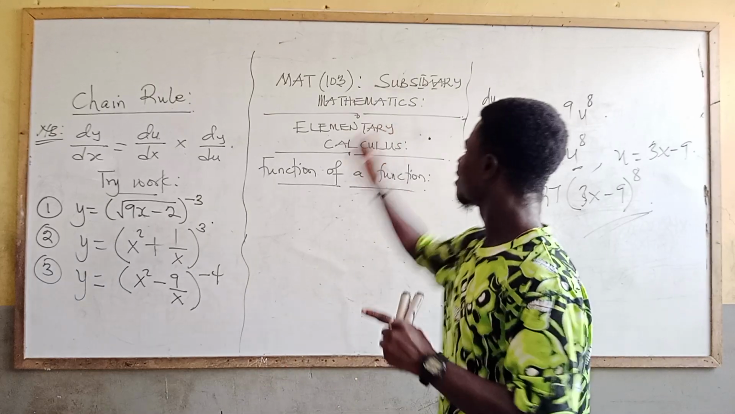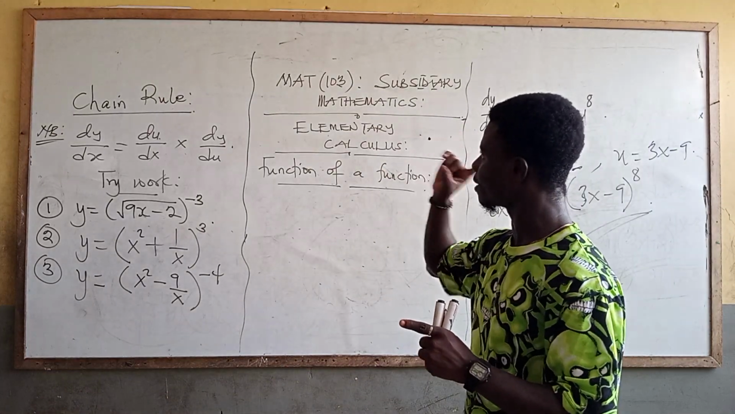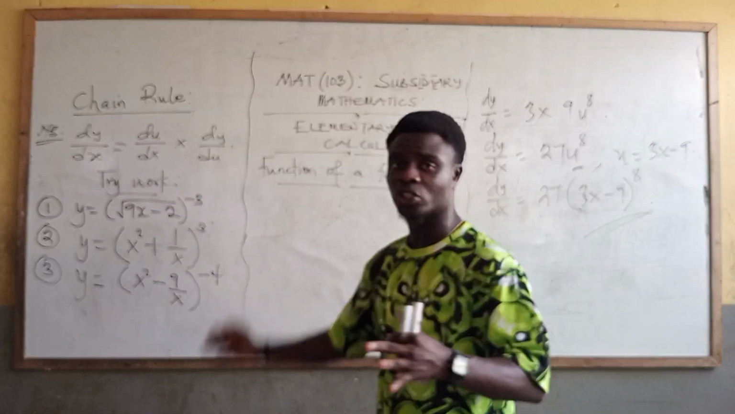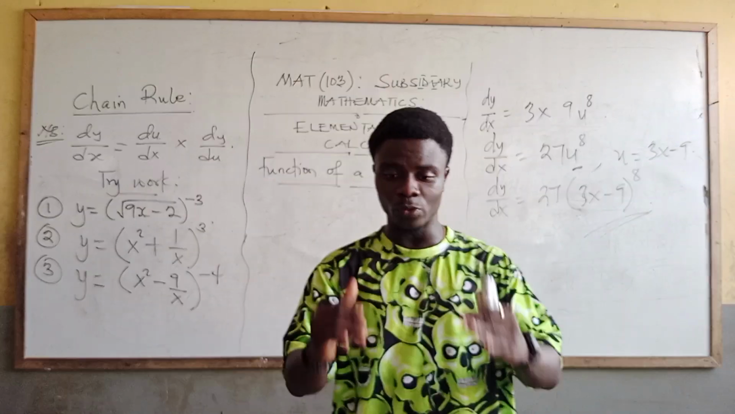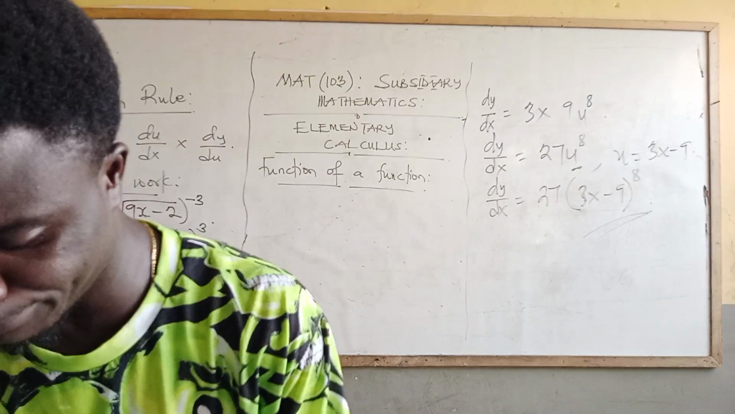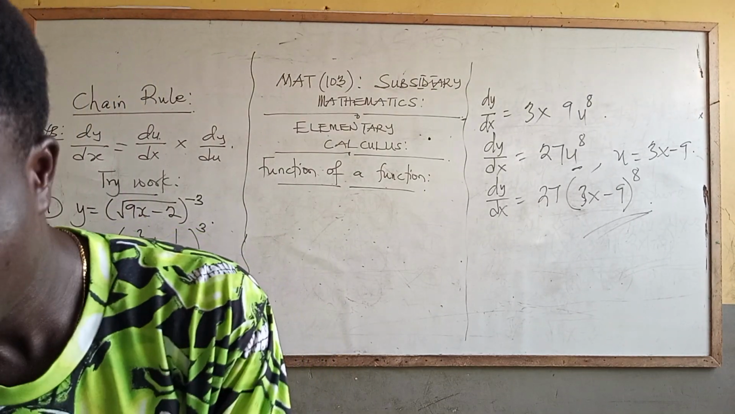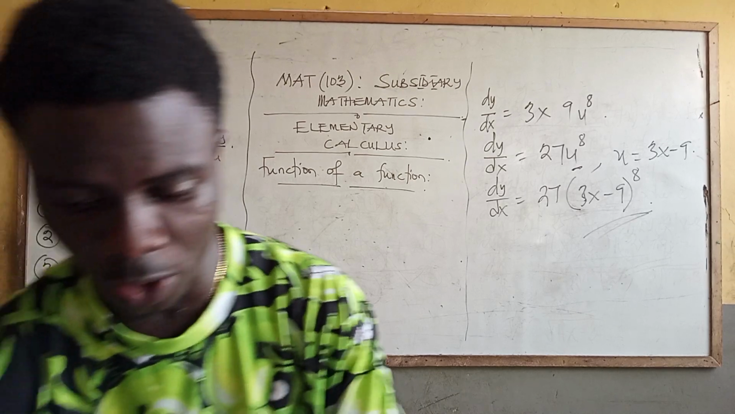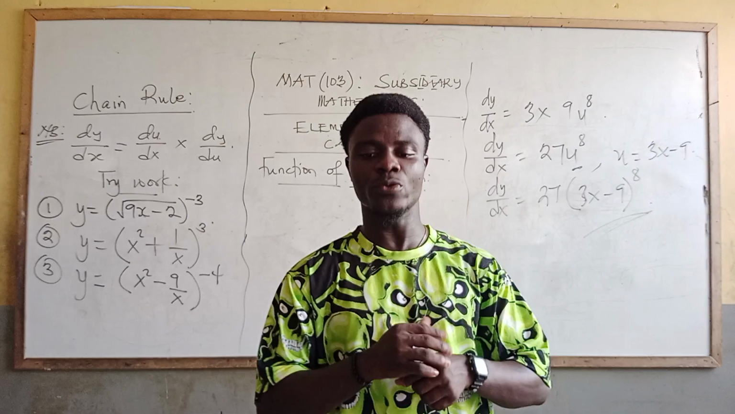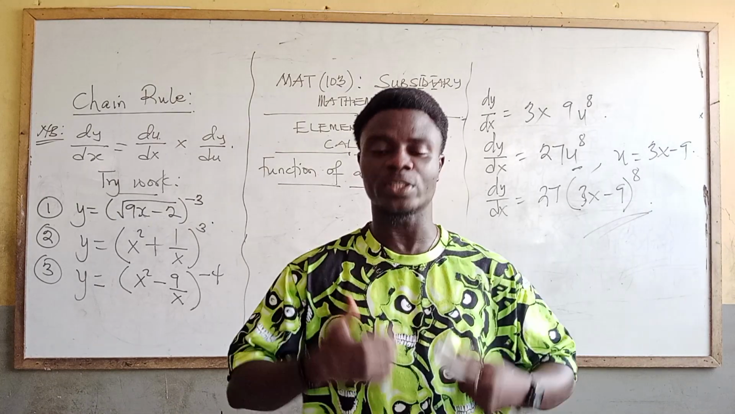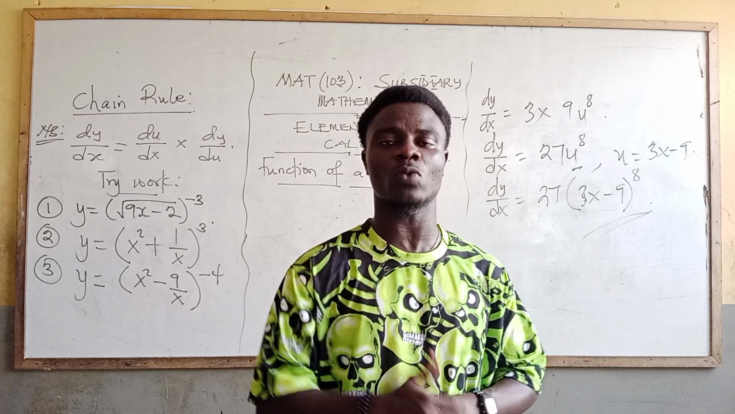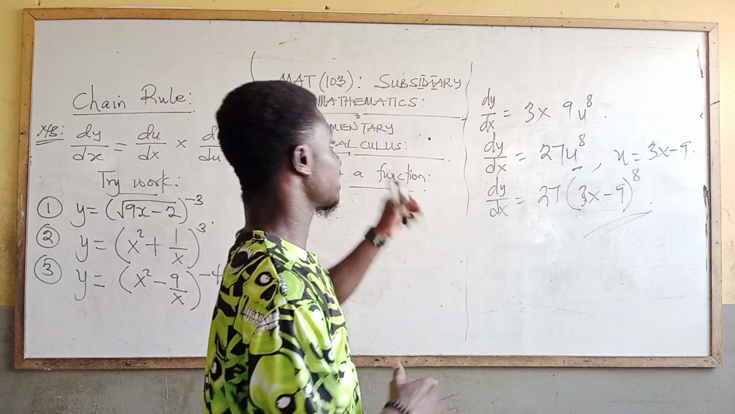Subsidiary mathematics, math 103. We are doing elementary calculus, a function of a function. Now when we meet next time, we proceed with the combination of product, quotient, and chain rules. Then we proceed with implicit differentiation. So gradually, we come to an end of this lovely